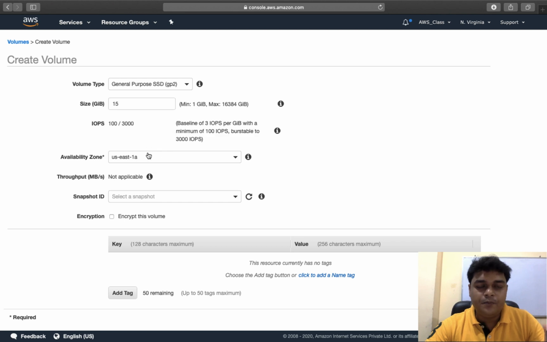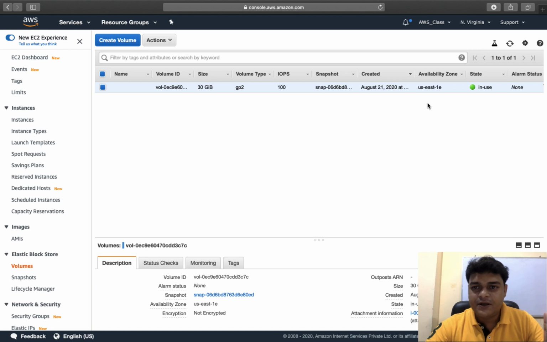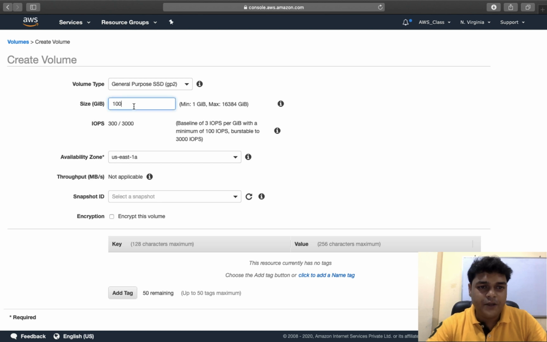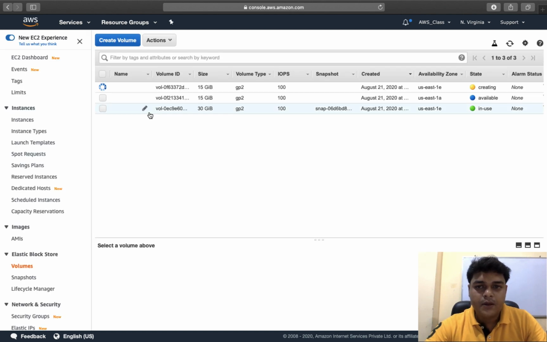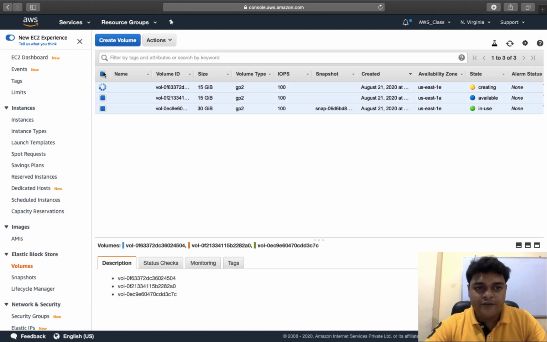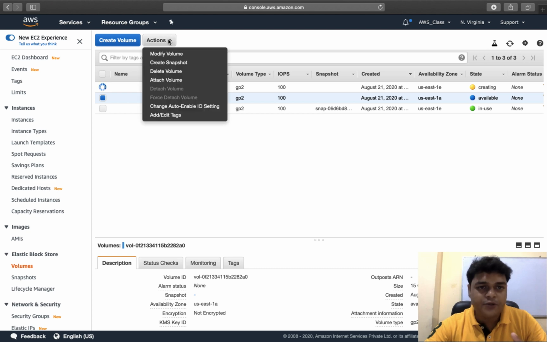One more thing is that you make sure of the location of your virtual machine, US East 1A. I'm going to create the disk there because our virtual machine is running in the same location. Sorry, it's in 1A. So we need to create another disk in the location of 1A, because if you change the location, you are unable to find and attach your virtual disk to your virtual machine. That's why I'm going to create another hard drive with a size of 15 gig. Now just click create. Okay, unfortunately we created another hard drive in the location of US East 1A. So I'm going to delete it.